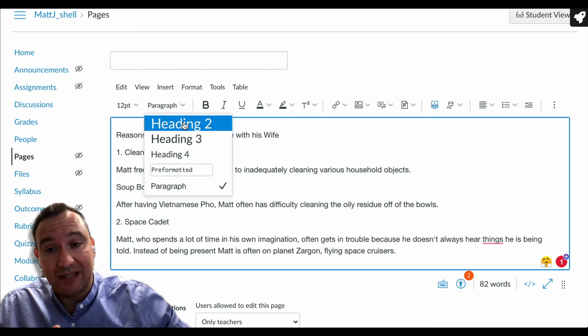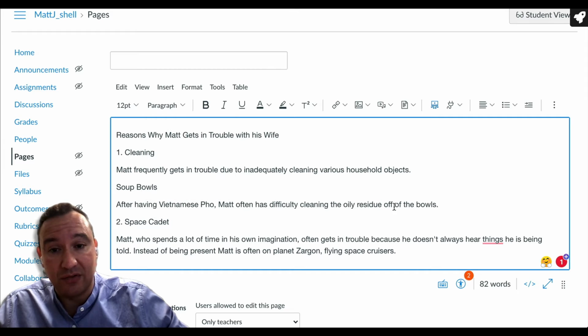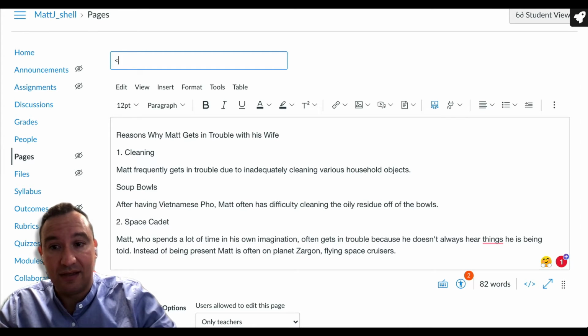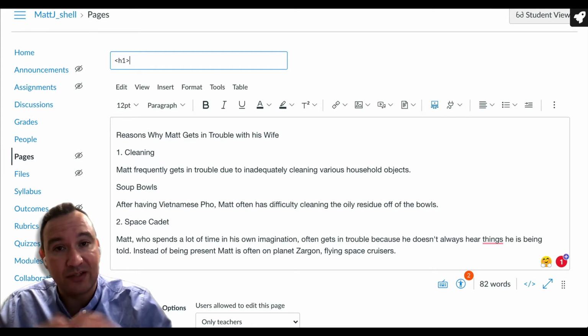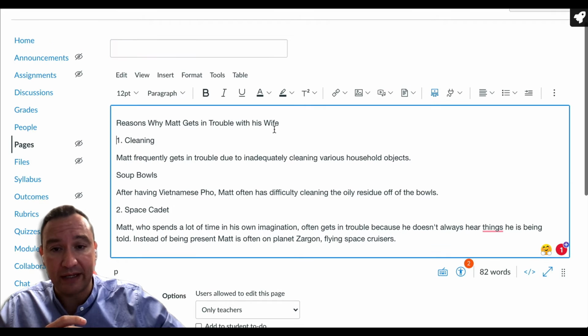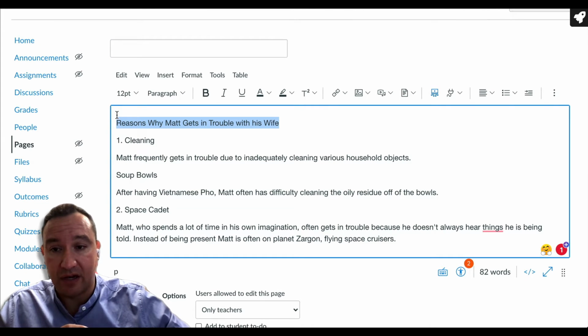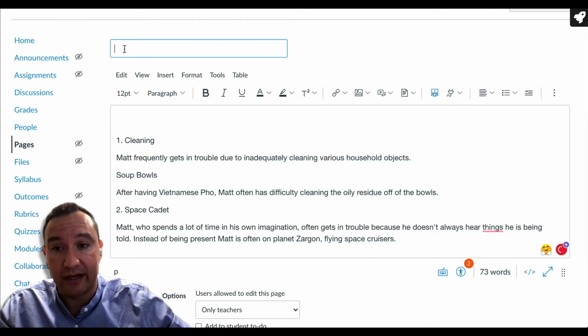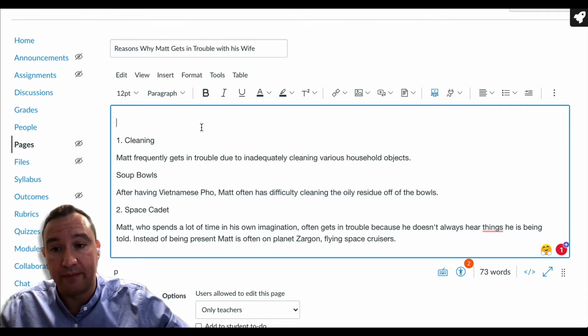And let me also say that you'll notice that there is no heading 1, right? Heading 2 is the topmost option that I get to use here in the rich content editor. So in order to create the topmost title, up here is actually the heading 1, right? That's what that space is reserved for. That's just innate to Canvas. Whatever you type in there is going to get the heading style 1 applied to it. So I'm just going to go ahead and copy this title right here, cut it out of there, and paste it right into the header 1.